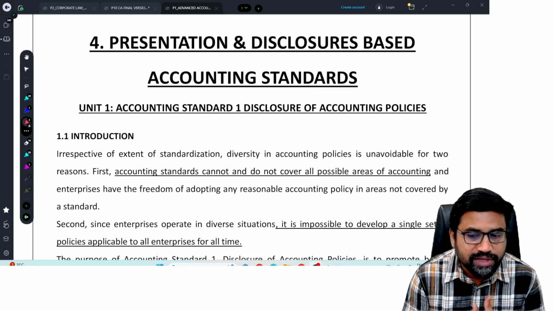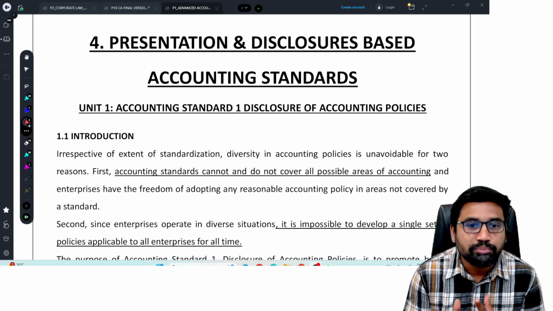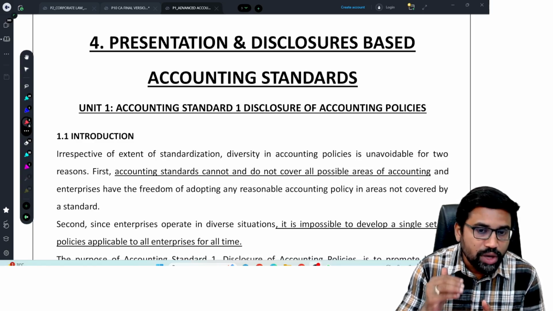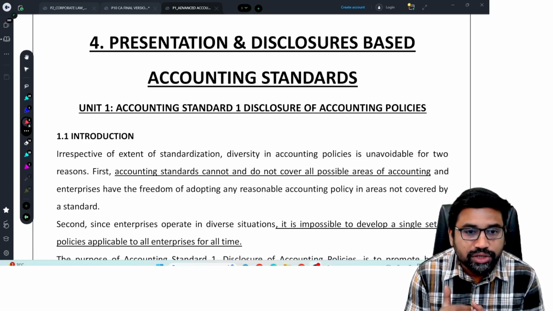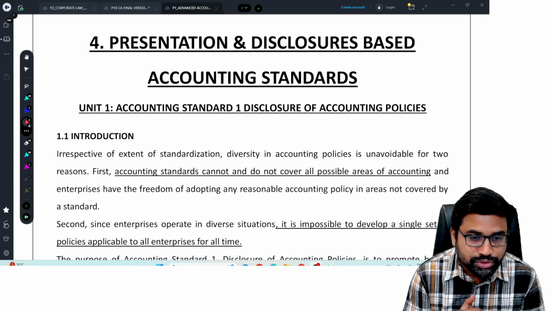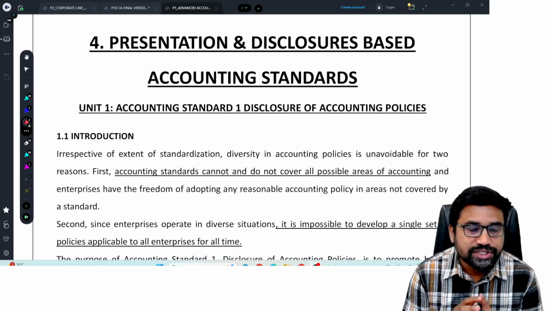What I believe is, in order to answer MCQs, you should know more number of points. For that, I say study material should be your first source. You should cover all the important points, all the points from study material. Once you cover everything from study material, I can say pretty confidently that you are going to face the exams with the utmost confidence, and I'm sure that you are going to score good marks. That is the uniqueness of these revision lectures.